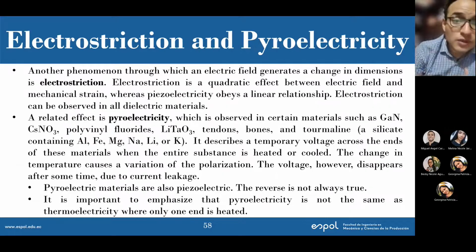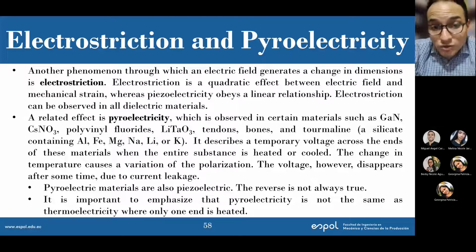And then you can have electrostriction. That is basically the same as piezoelectricity, but it's just a quadratic relationship. Piezoelectricity obeys a linear relationship, while electrostriction obeys a quadratic relationship between the electric field and the mechanical strain, the mechanical deformation, right? But it's the same idea of generating a change in dimensions by an electric field. Okay, and then the last one, pyroelectricity,